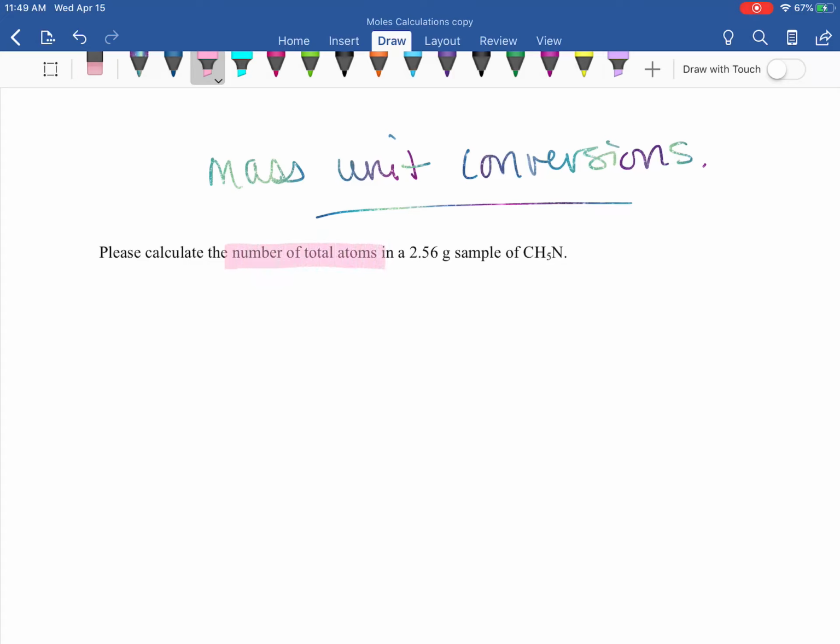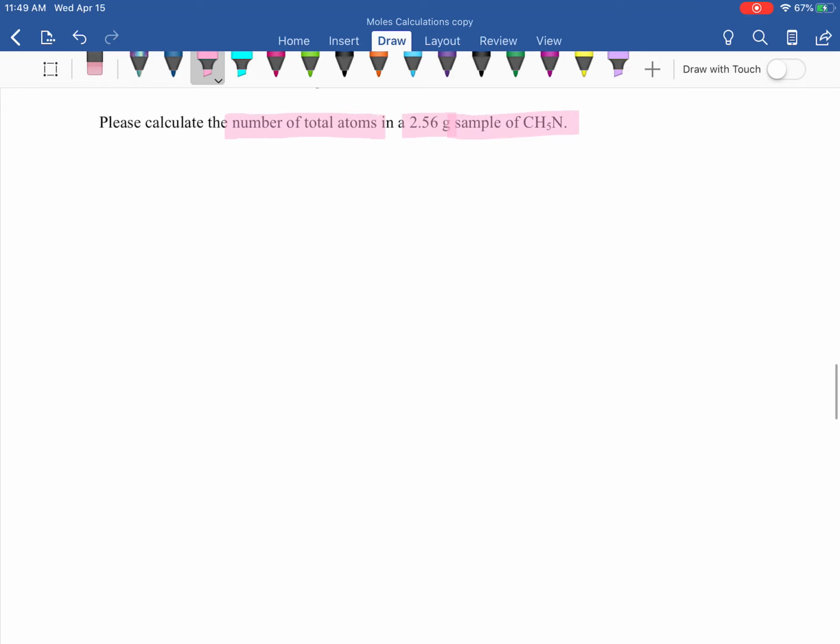Now we're getting just a little bit sassy again. Look at this one. This is on the homework. Total number of atoms in a gram sample of CH5N. Okay. Let me pause